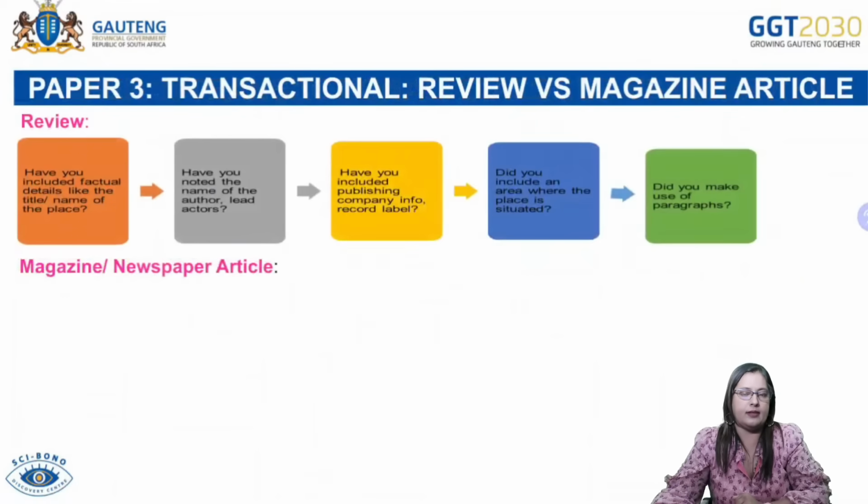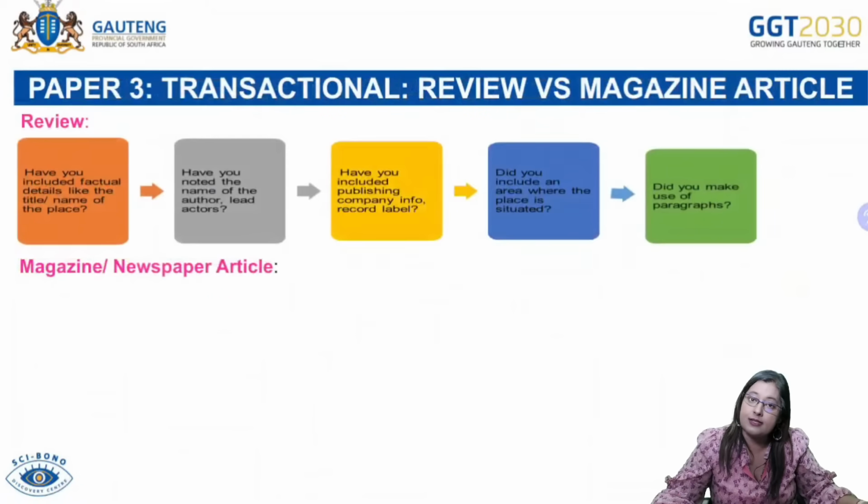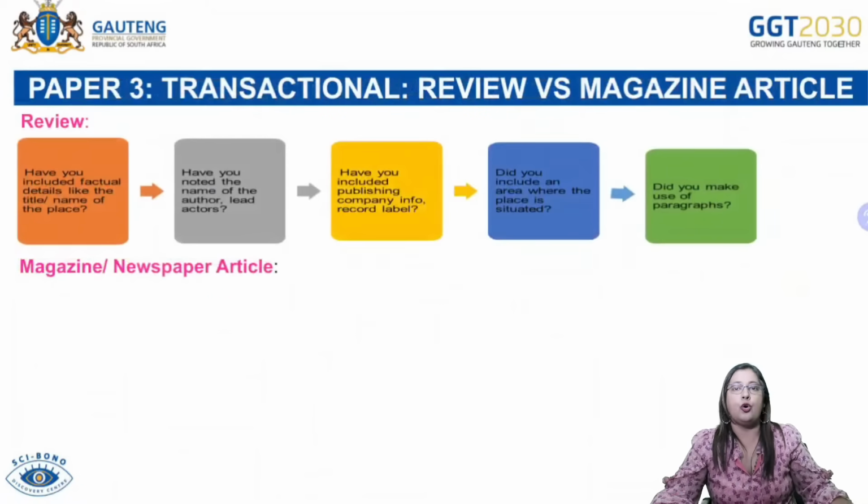All right. Then the magazine article versus the newspaper article. Now remember, a newspaper article is different in the sense that it could be very much more factual. And the magazine article could employ the use of maybe some informal language, because remember, it could be a teen magazine that is spoken about, or a youth magazine that's spoken about, again looking at the topic.